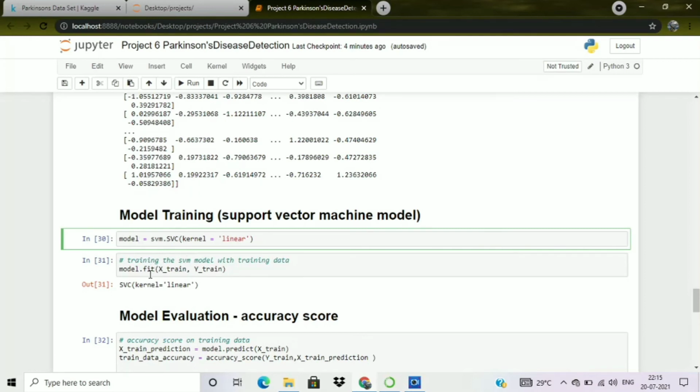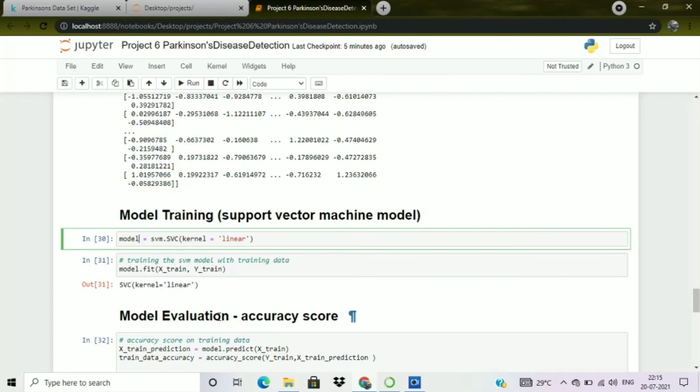After that we are training our model here with the fit function. We are training a machine learning model on the train dataset here. So keep that in mind: don't use the X_test and Y_test data here. We are training our machine learning model on the training data only. Once we have done it, we can evaluate our machine learning model here.